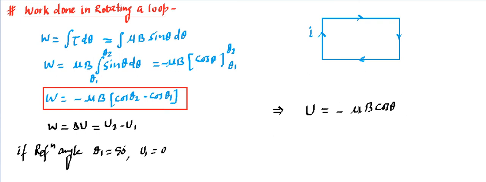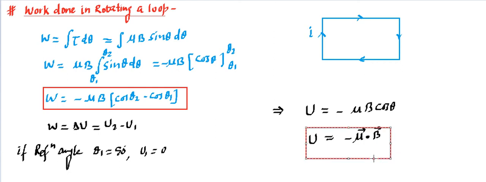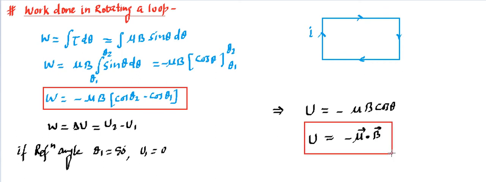And again theta is the angle between mu and B, so then you can write the potential energy, or the energy stored in the system, as minus mu vector dot B vector. Again, you can compare with the electrostatic case, you'll find exactly similar logic coming over here. So this U is going to be minus mu dot B. This is going to be the formula for energy in rotation due to the field that is present.